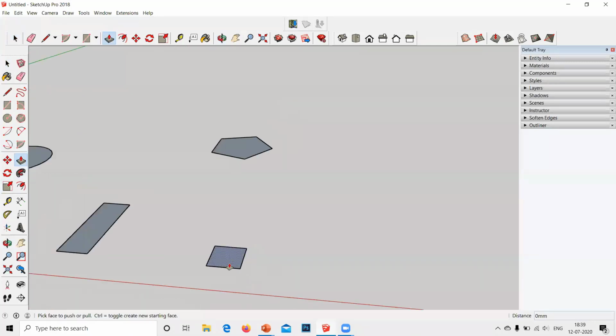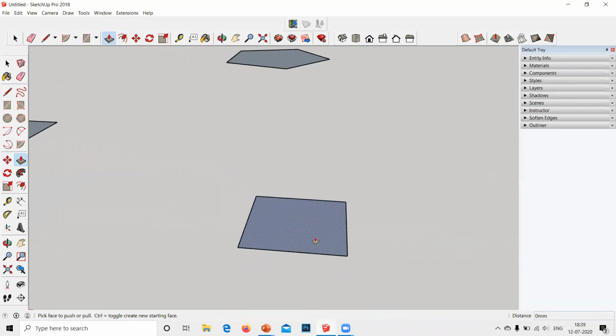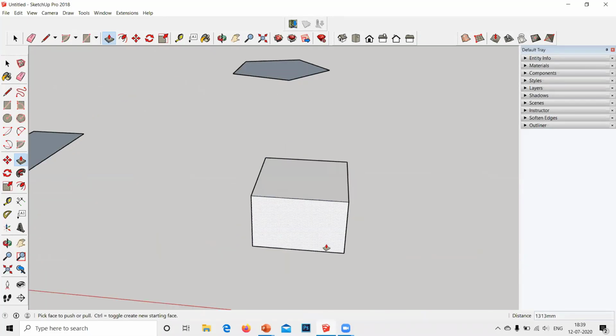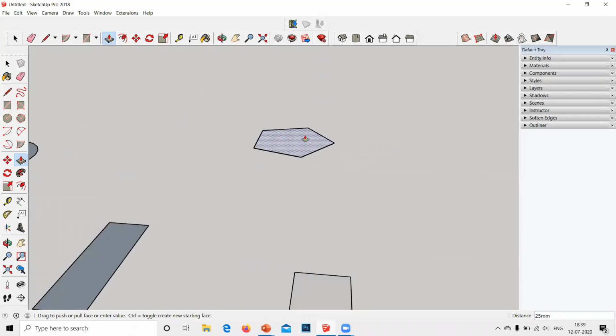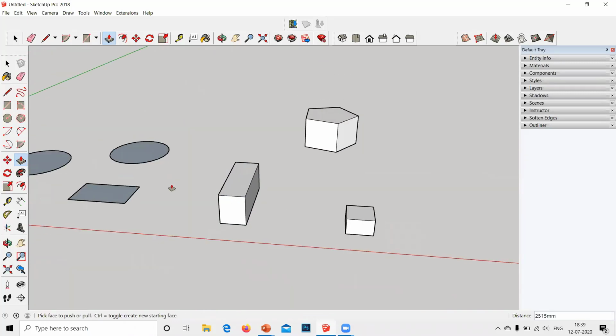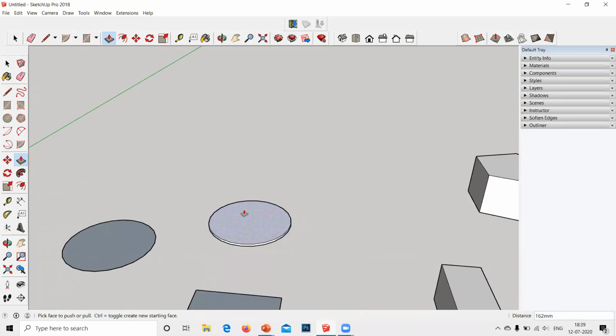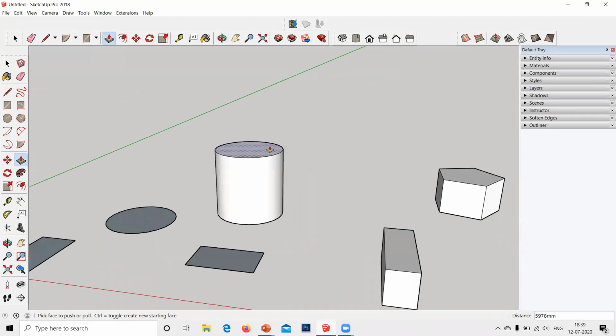Just try to create 3D of everything which we have done here. I created a 3D of square, okay, a 3D pentagon, a 3D rectangle. Okay, the circle part is very interesting. See, it's a 3D cylinder, right?